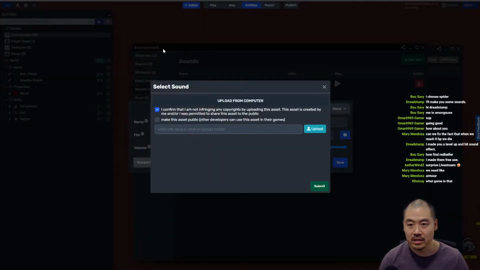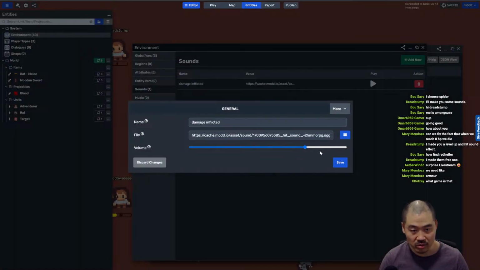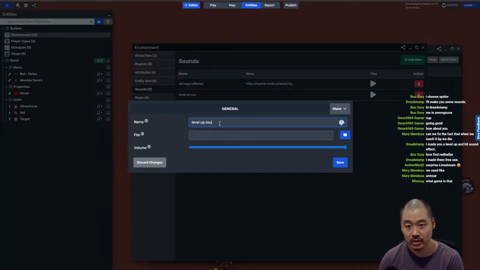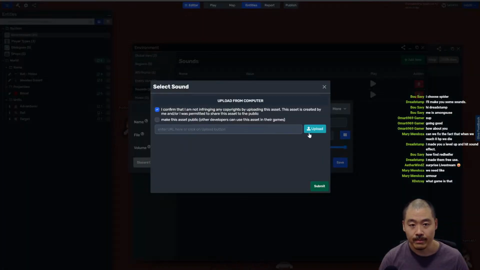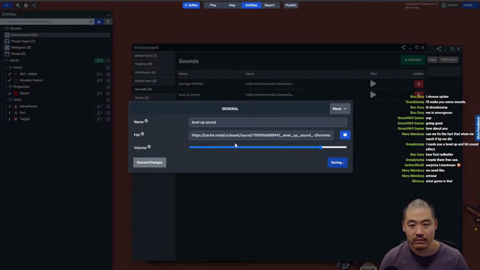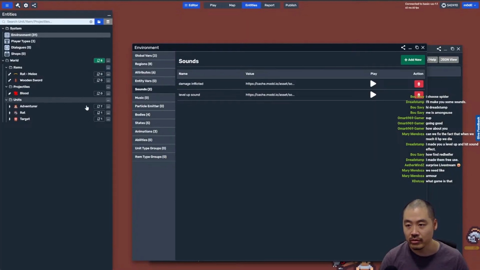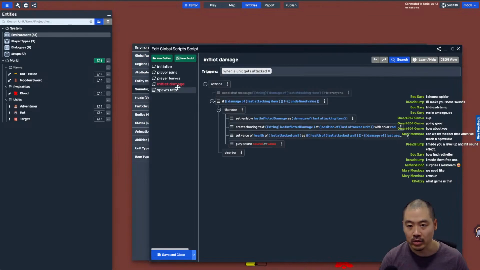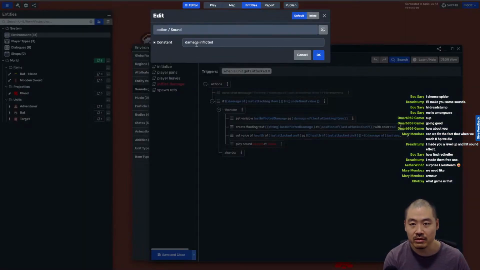The file is, but yeah, definitely give me the licensing information. So I'm not stealing people's work without their permission. Another one is level up sound. Upload, level up sound, submit, save. Cool. So we have two sounds now, and going back to the world script, inflicting damage, we'll play damaging sound,